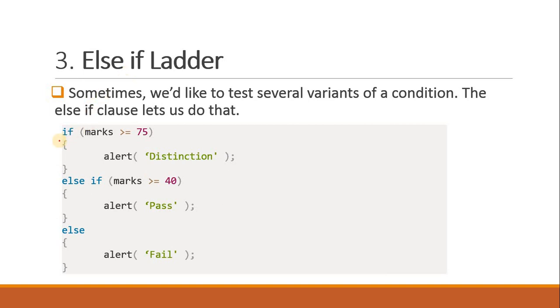As you can see, there is not only a single if or a single if else, but there is a series of if else. Such a series of if else one after another is called an else if ladder. So what we have done here: if marks are greater than 75, then we are saying the student has a distinction class. If marks are greater than or equal to 40, then the student class is said to be pass class. Otherwise, the student is said to be fail. So let's try to solve this example.